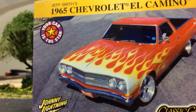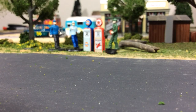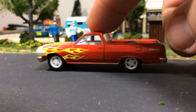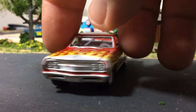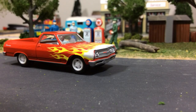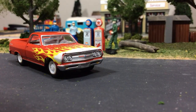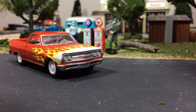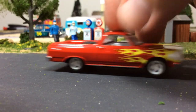Get your trading card here with the classic gold. This is Jeff Smith's 1965 El Camino. This is a Johnny Lightning casting that I do not have until now. And I like it. I dig it. It's pretty nice. Quite honestly, I think I'd rather have the regular with the chrome wheels. I think it would look better than the white wheels, but I really do like the car. There's a lot of nice detail. I almost wish it didn't have the flames, but